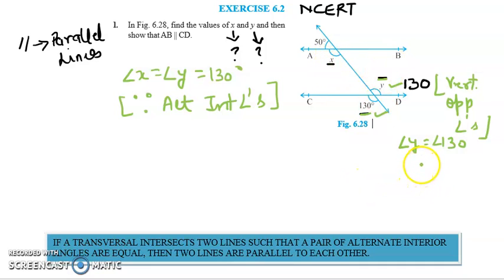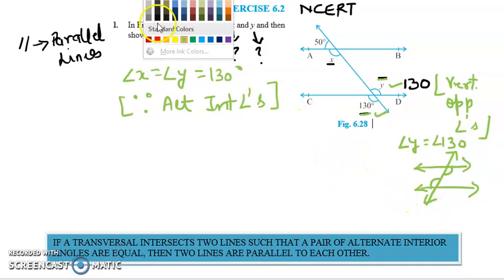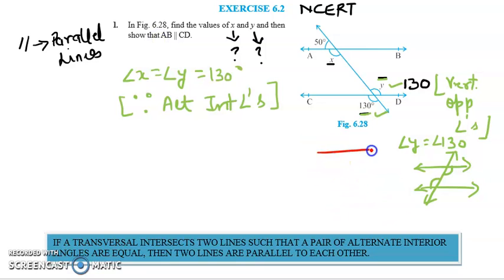If you remember, students, when I had explained parallel lines and transversal, I had explained this. This is a transversal. This angle and this angle are alternate interior. Let me change the ink. If I draw this and this as a transversal, then this angle and this angle will be alternate interior angles, right? So I've written y, we already got 130, this y will be equal to this angle. So angle x is equal to angle y is equal to 130 degree because alternate interior angles.